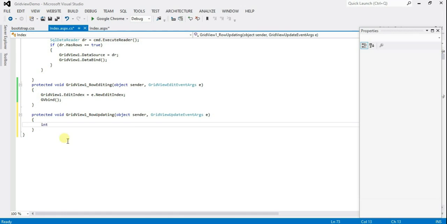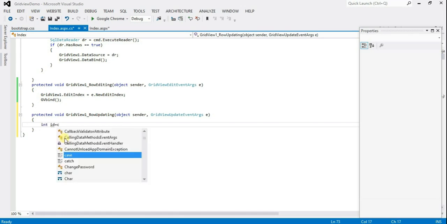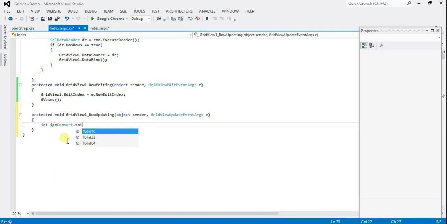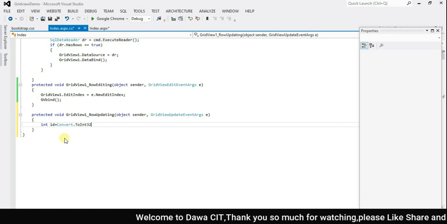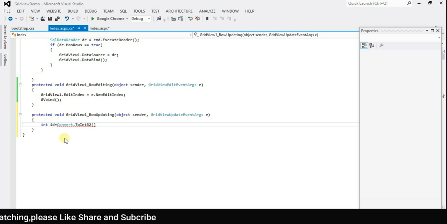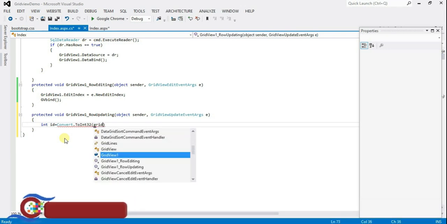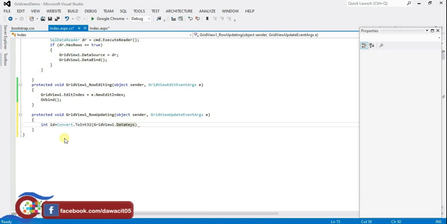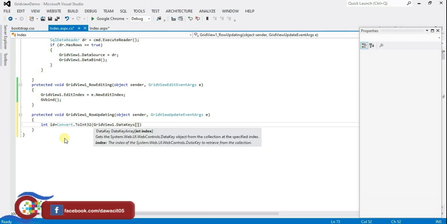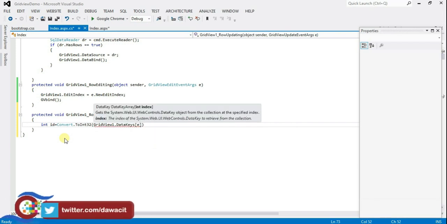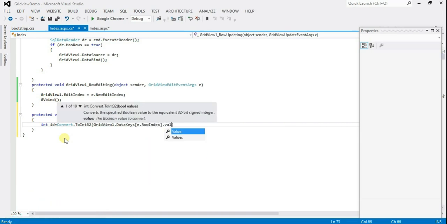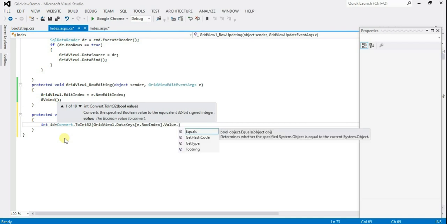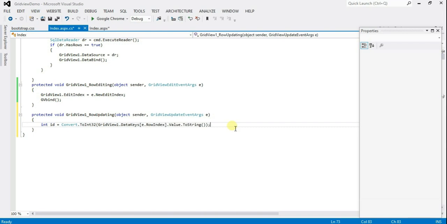Type here int id equal to Convert.ToInt32(GridView1.DataKeys[e.RowIndex].Value.ToString()); Enter string